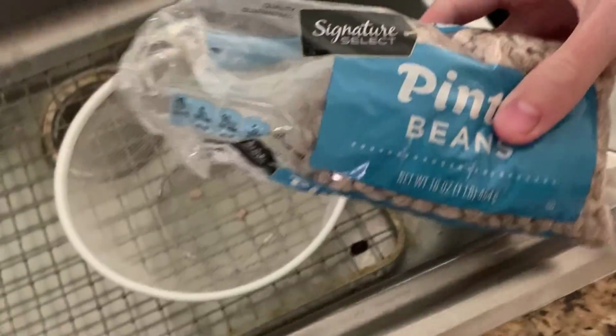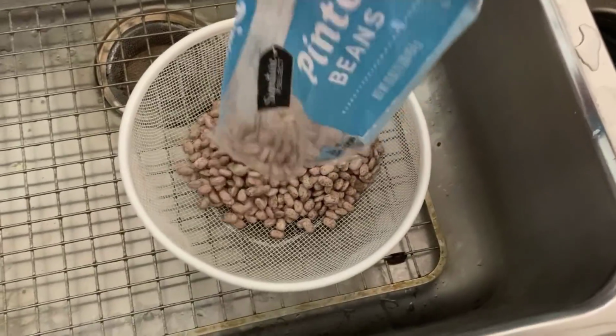All right, y'all. It's that time of year again when it's cold outside. We're making chili. Hey guys, so as winter is coming up, it's the perfect time of year to make chili